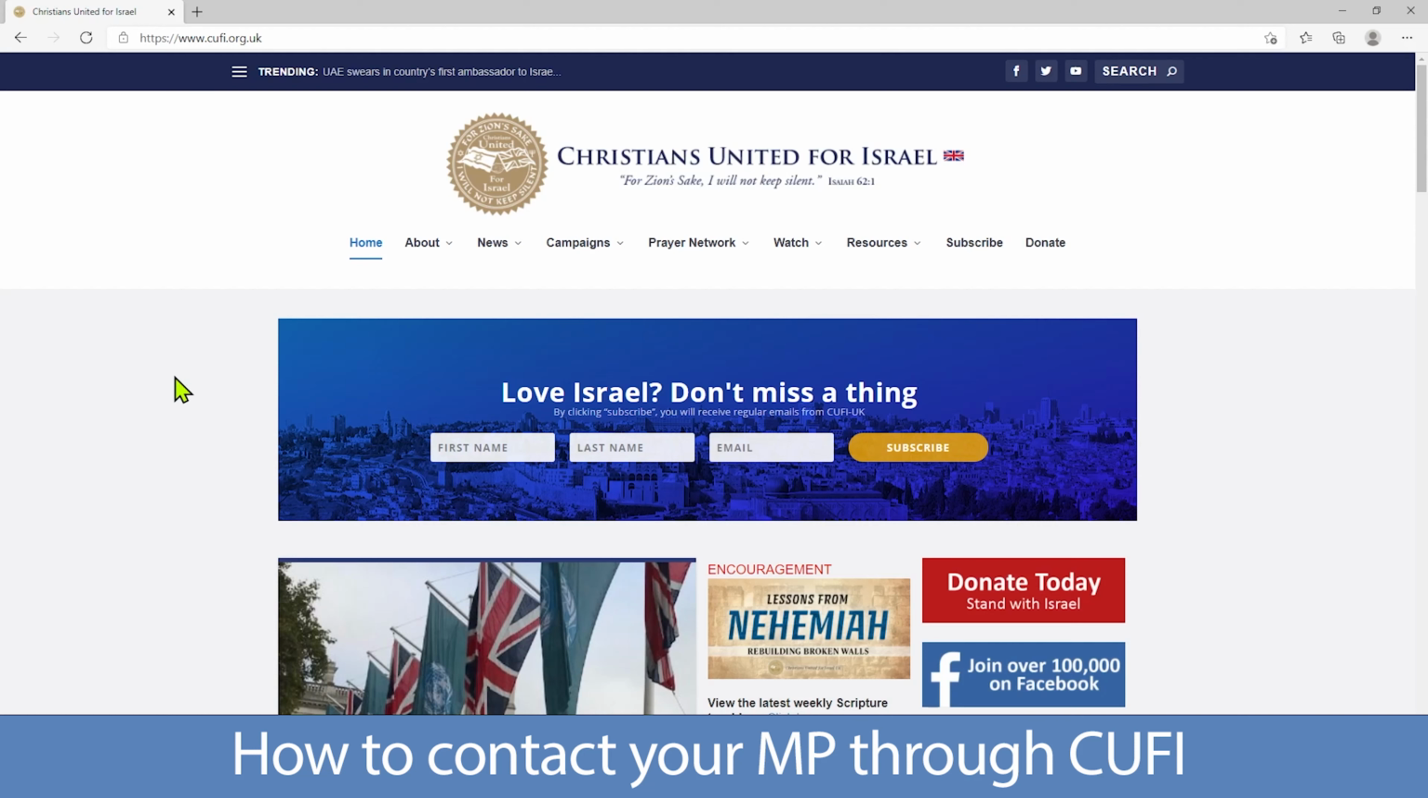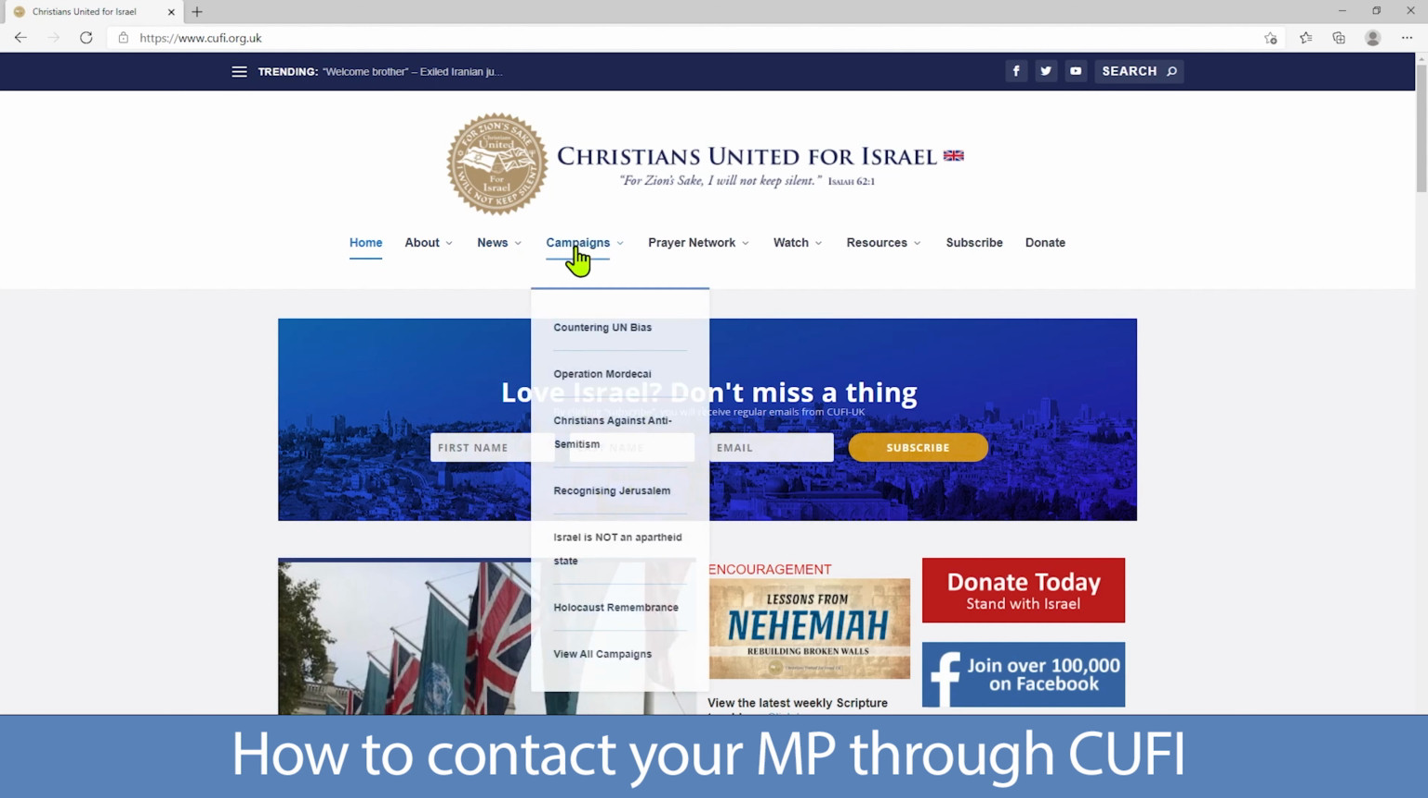Here is a quick guide to demonstrate how you can send your MP an email and help counter anti-Israel bias at the United Nations. To start, please go to our website www.cufi.org.uk and use the menus at the top of the page to go to Campaigns and click Countering UN Bias